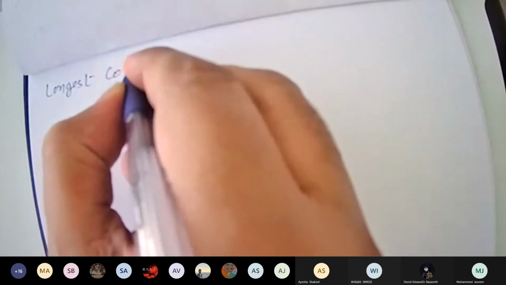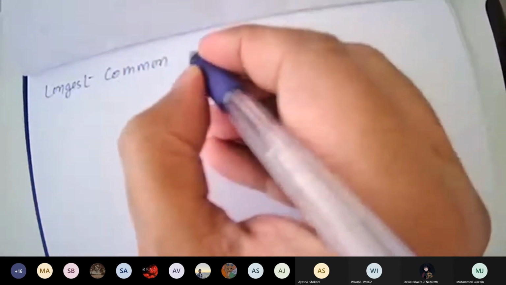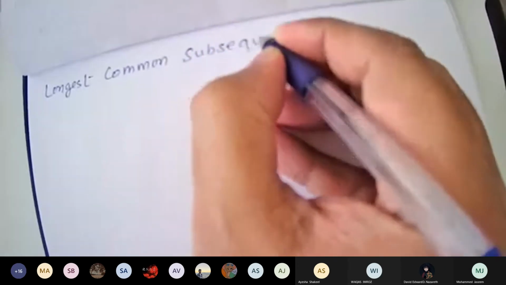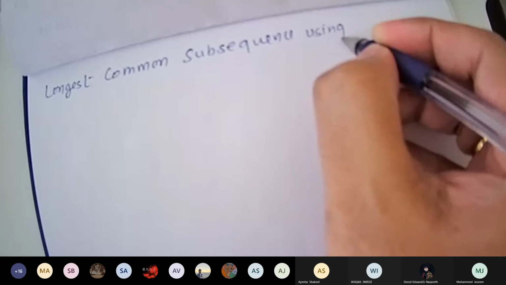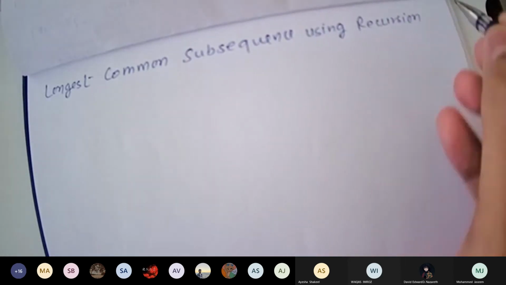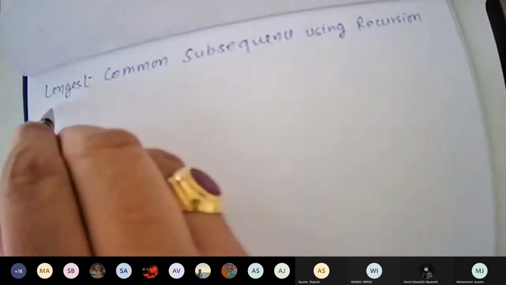So the first algorithm which we are going to use for longest common subsequence is using recursion.